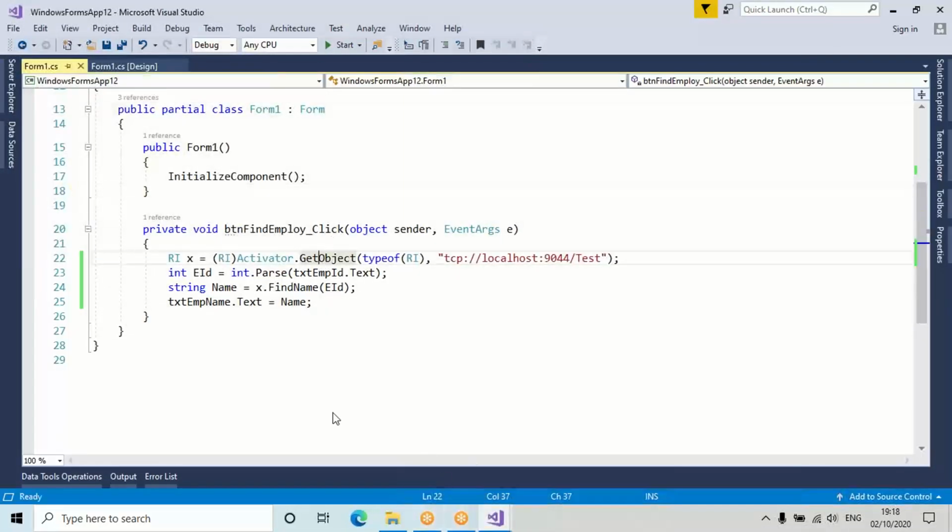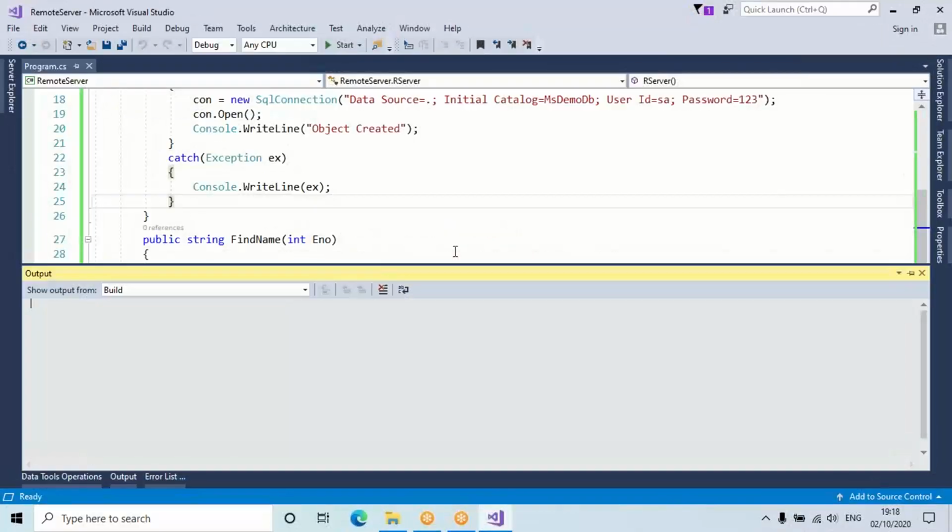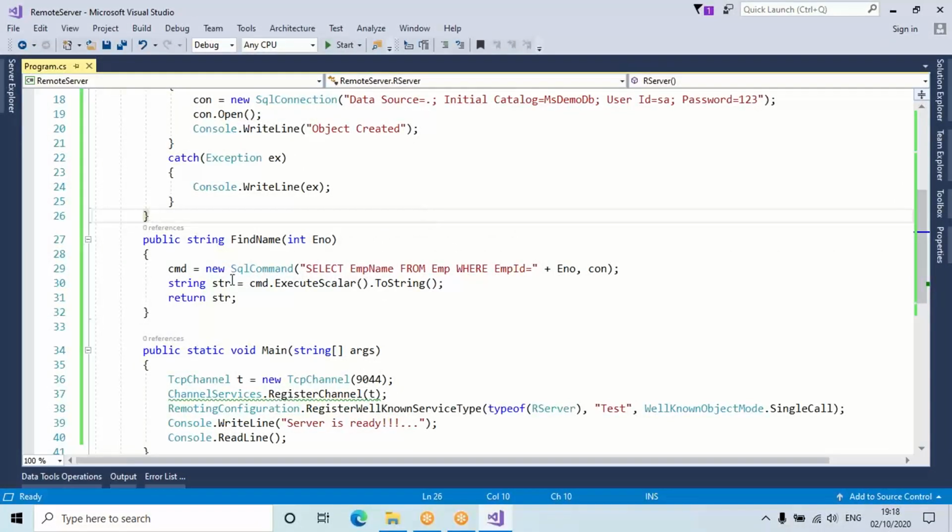That's it. So tomorrow will be our last session for C#, where I'm going to discuss